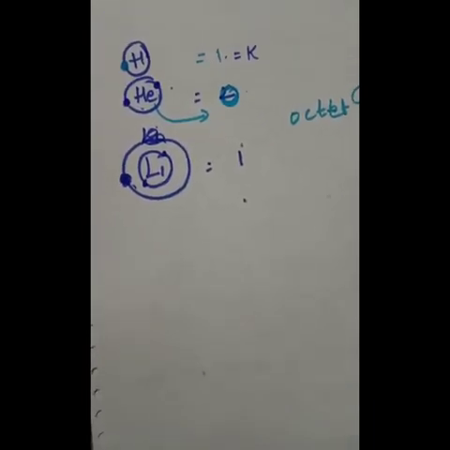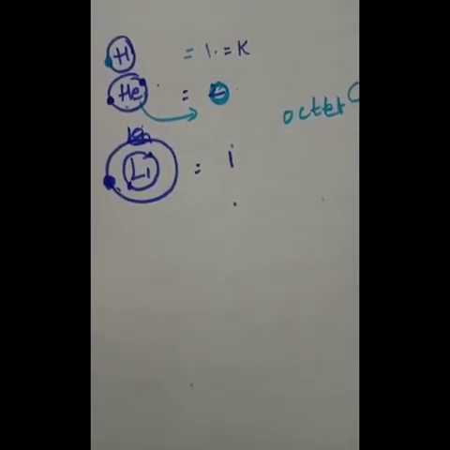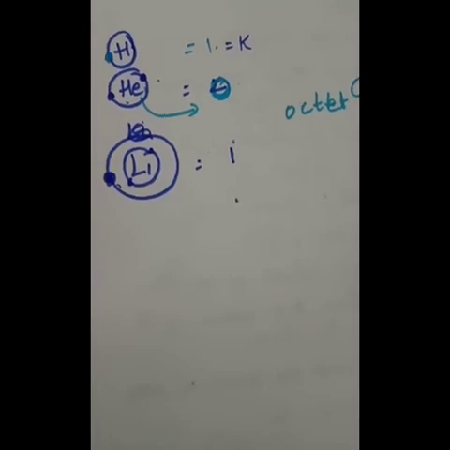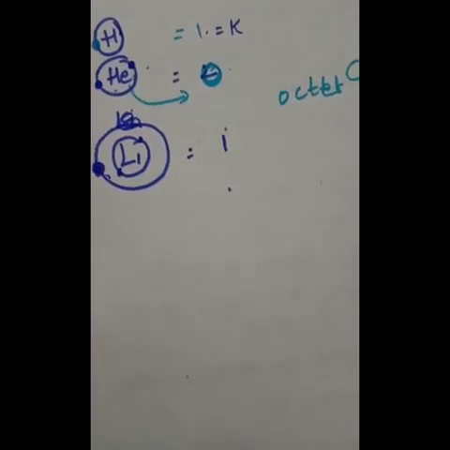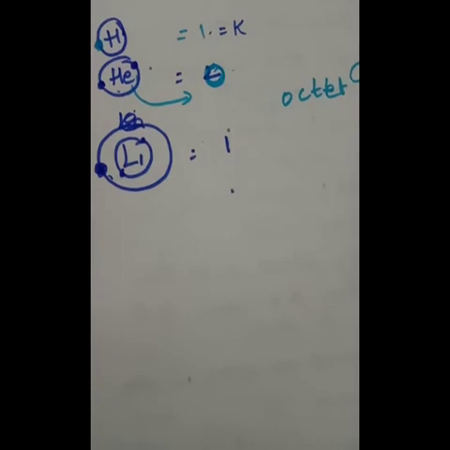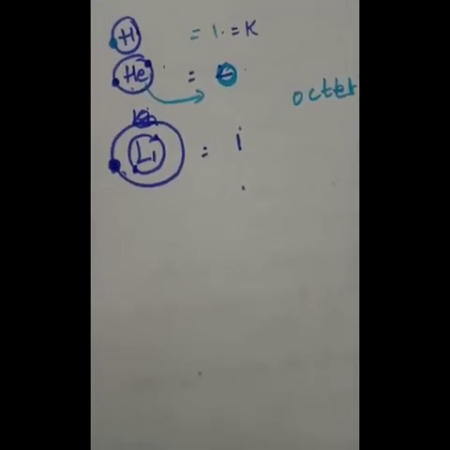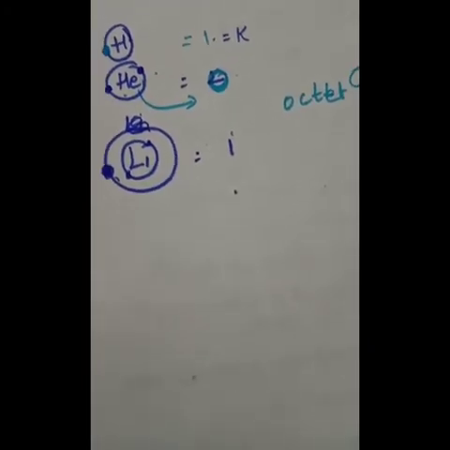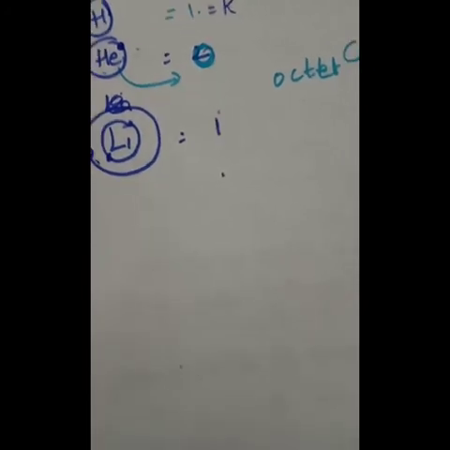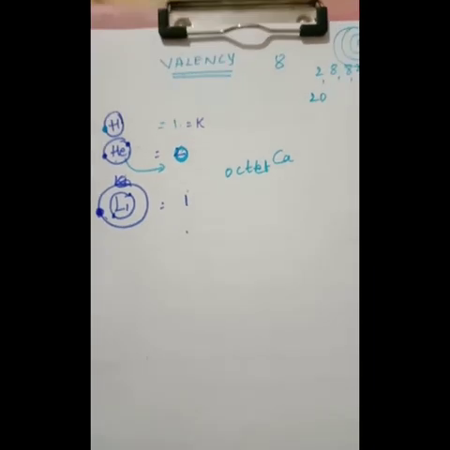For example, hydrogen, lithium and sodium contain one electron each in their outermost shell. Therefore each of them can lose one electron, right? So they are said to have a valency of 1. Now what is the valency of magnesium and aluminum? It is 2 and 3, because magnesium has 2 electrons in its outermost shell and aluminum has 3 electrons in its outermost shell. You have this table on page number 51. You can go through it. So this is about the concept of valency.